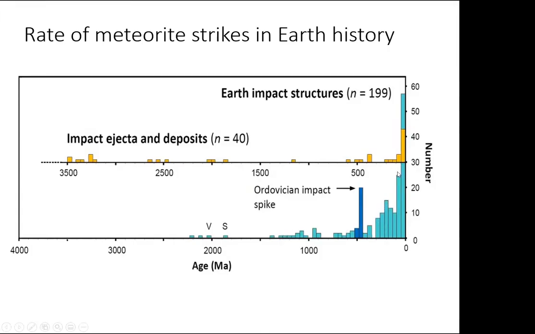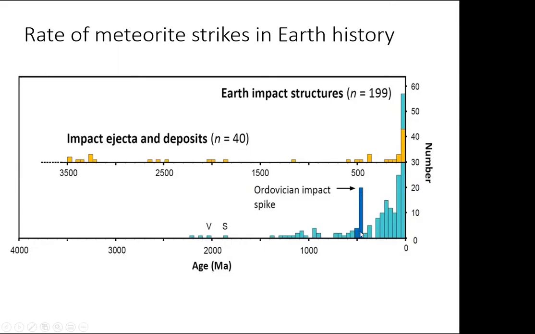And you mustn't be fooled by the fact that it seems to get fewer as we go back in time here. This is the age of the Earth from 4,000 million years ago through to now. The reason we have more impact structures now is because they get rubbed out by erosion and weathering and by other geological processes. So we get a very biased view of the fact that there are more young craters than old ones. In fact, the number of impacts was greater in the past and is falling, which is not what you get from this graph if you just looked at it naively.